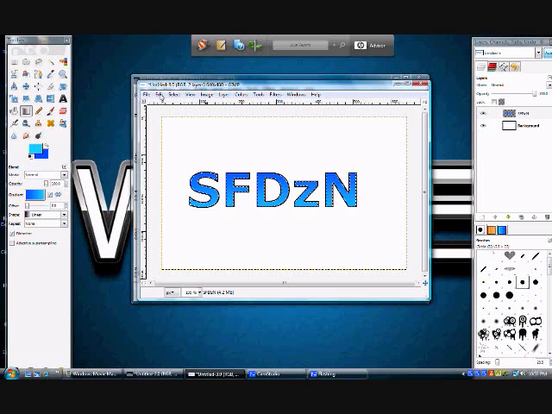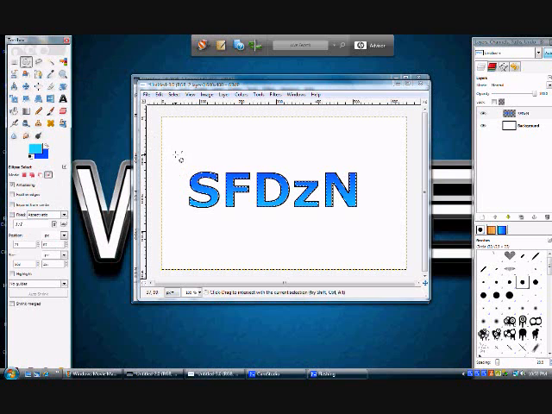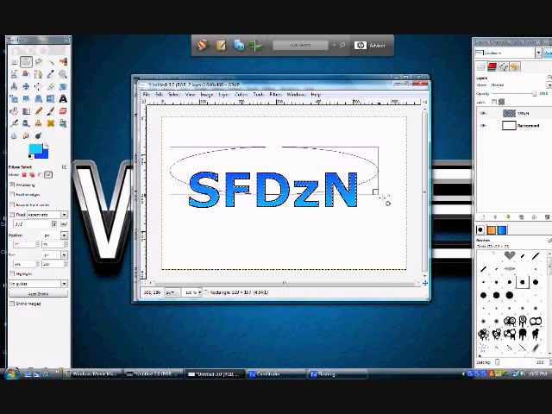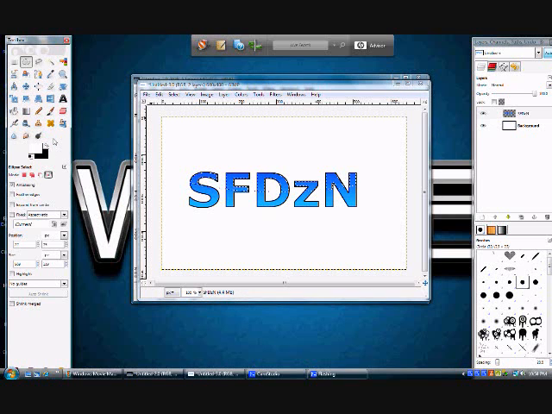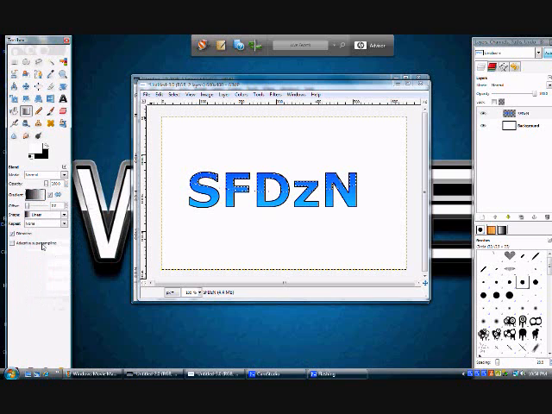And then you're going to take your ellipse tool, and you're going to want to select the last box that says intersect with the current selection, and you're going to make a circle near the top of the text, and you're going to let it go and press enter, and it'll leave you with the selection that you have at the top. And then you're going to set your foreground color as white, take your gradient and set it to foreground to transparent, and stroke down, and that'll leave a nice